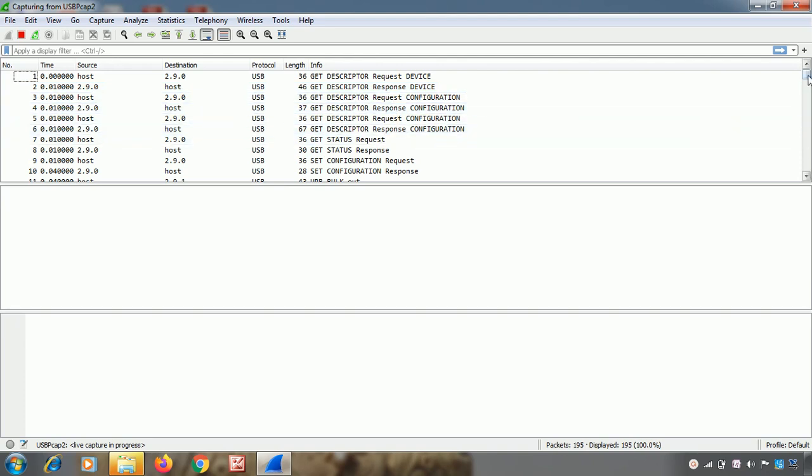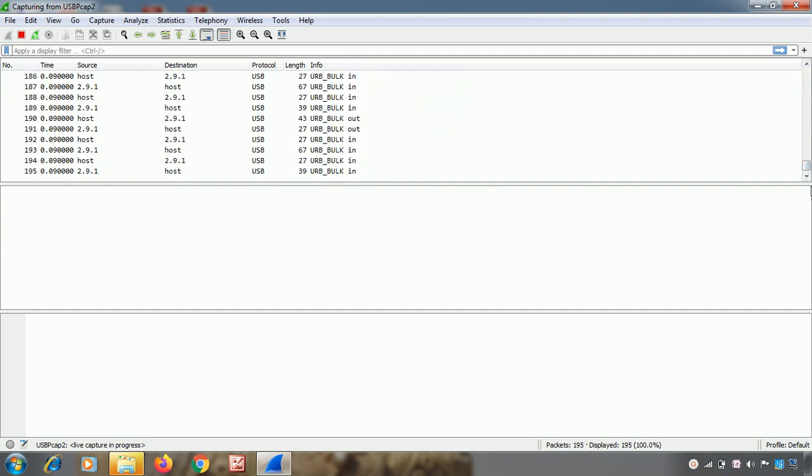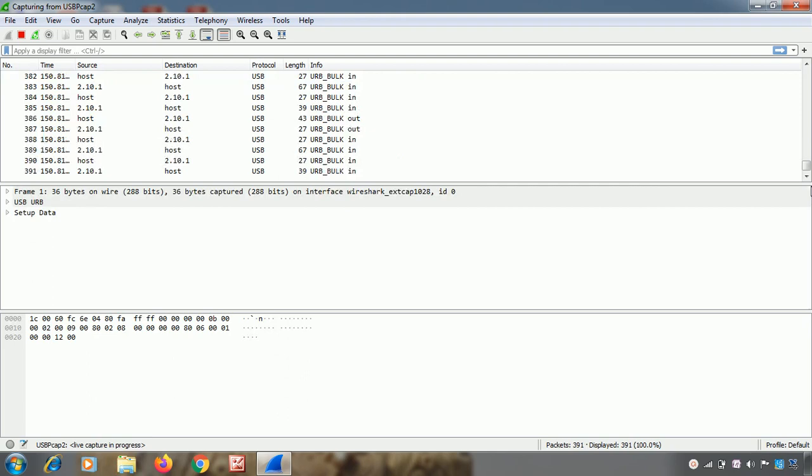Now one more thing, I had just made a connection and the packets were captured. Once more I'll tell you how the packets are captured. So friends, I had only connected my USB device. Now I'll go to my mobile phone, and in my mobile phone I'll allow the file transfer. So now I clicked accept, so I gave permission to this particular host, so communication took place and the packets were captured. Okay, so this was about this first window.